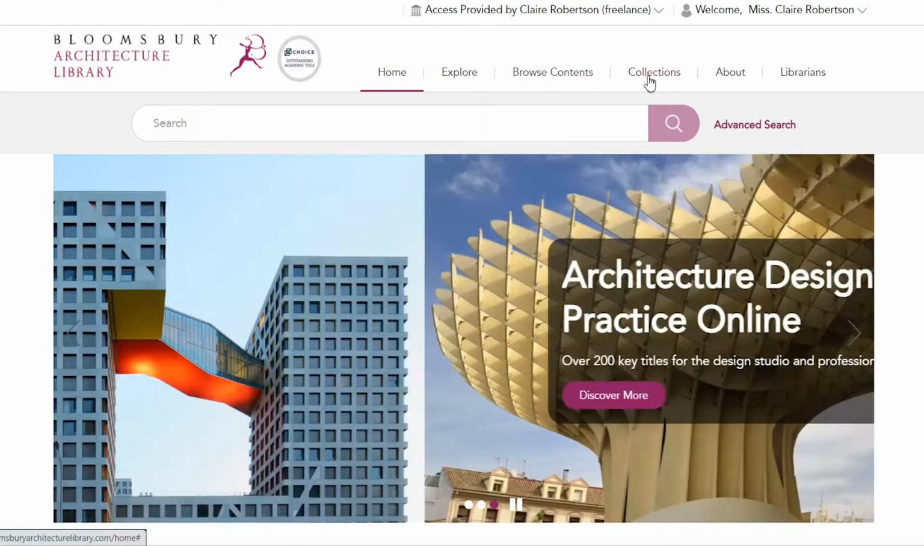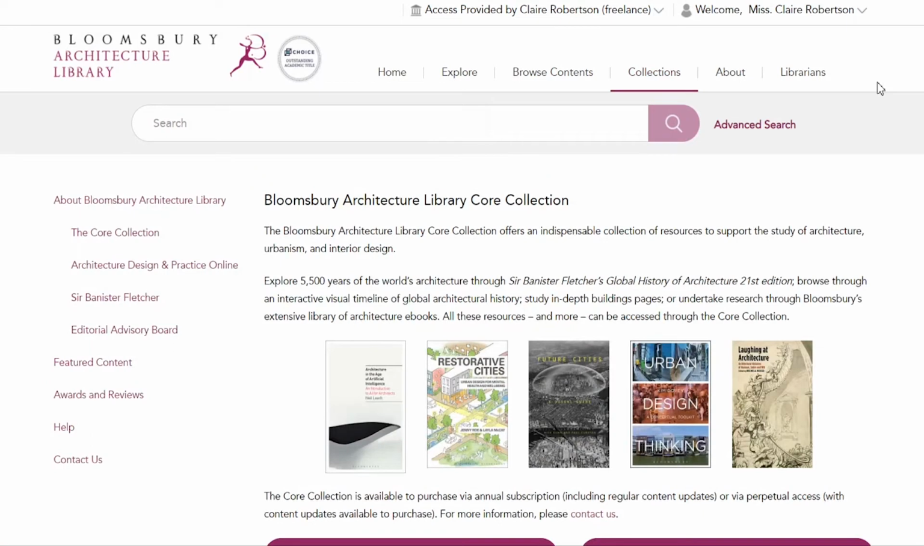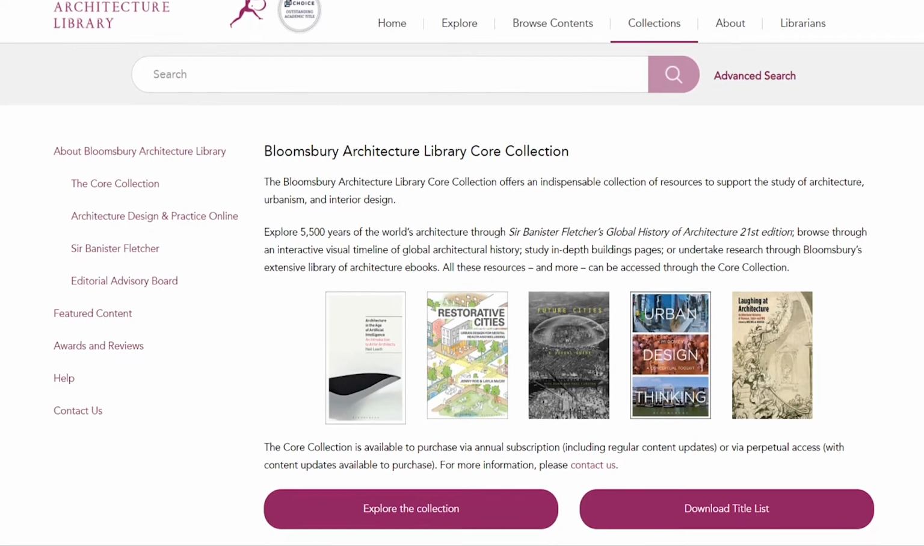For collections, we have more information about the collections within Bloomsbury Architecture Library itself. So Bloomsbury Architecture Library is comprised of two main collections. We have our core collection, which houses Sir Banister Fletcher's Global History of Architecture in its 21st edition. This is digitally exclusive to the Architecture Library and is the first time that it has been updated since Sir Banister Fletcher's death, with over 100 experts making sure that the content is up to date and relevant for students